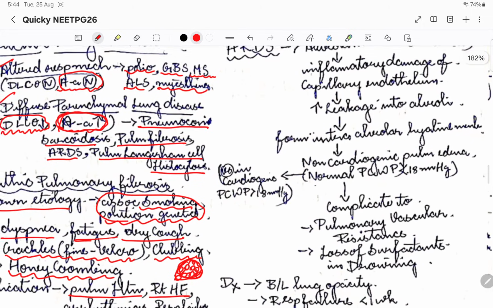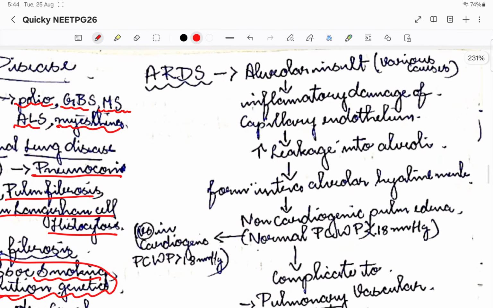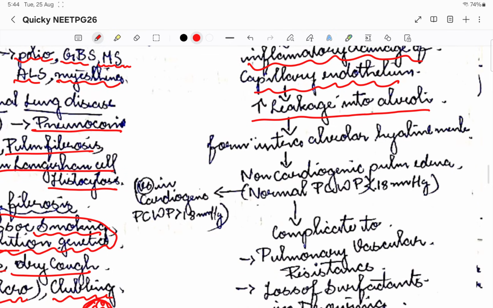Then coming to ARDS, acute respiratory distress syndrome. Basically alveolar insult is happening because of various causes, sepsis, infections and so on. This is a complication of any lung disorder, or it can come from elsewhere. For example, pancreatitis might also lead to ARDS. Basically inflammation happens in the body and destroys the alveolar cells, leading to inflammatory damage of the capillary endothelium, which causes leakage. All the fluid will leak into the alveoli because of the endothelial damage, which will lead to